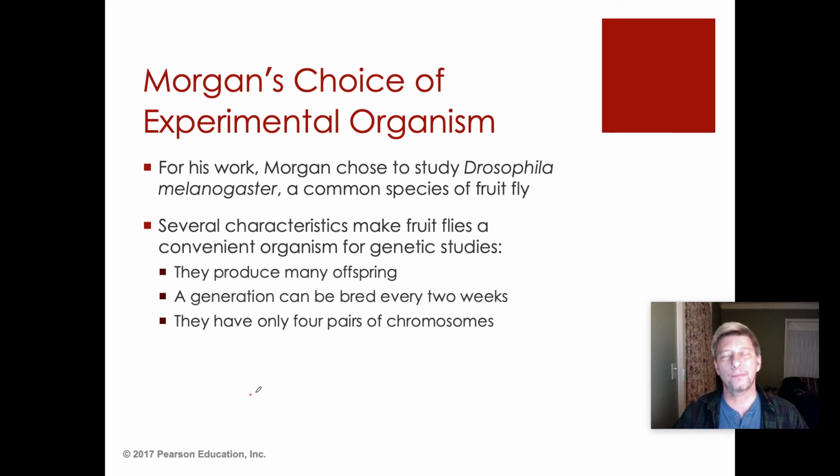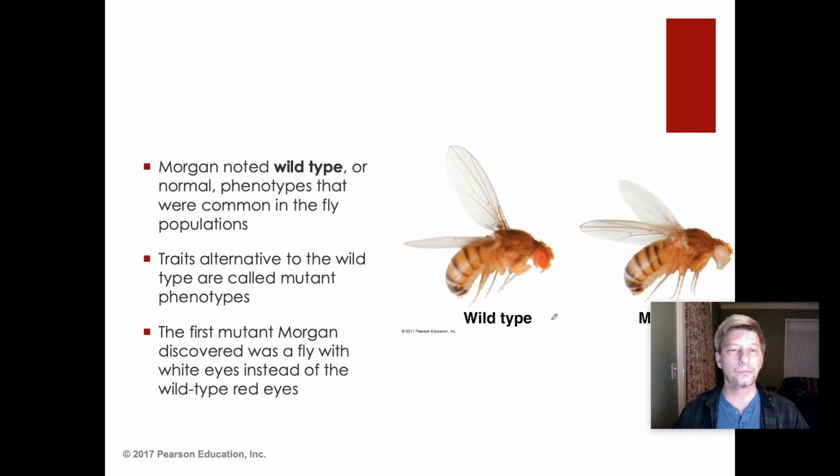Anyway, fruit flies have several advantages for this kind of thing. First, they produce lots and lots of offspring. One pair of fruit flies can give rise to hundreds in even just a couple of weeks, and each generation can be produced within 2 weeks of each other. And finally, there are only 4 pairs of chromosomes in a fruit fly, and therefore this makes it fairly easy to follow inheritance patterns. So Morgan noted that there were